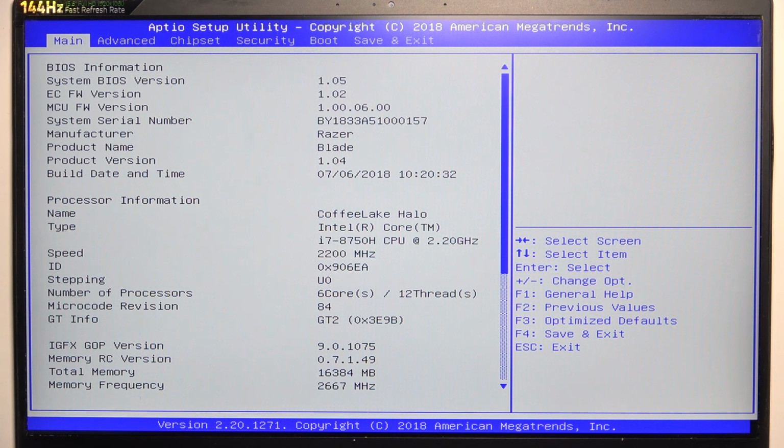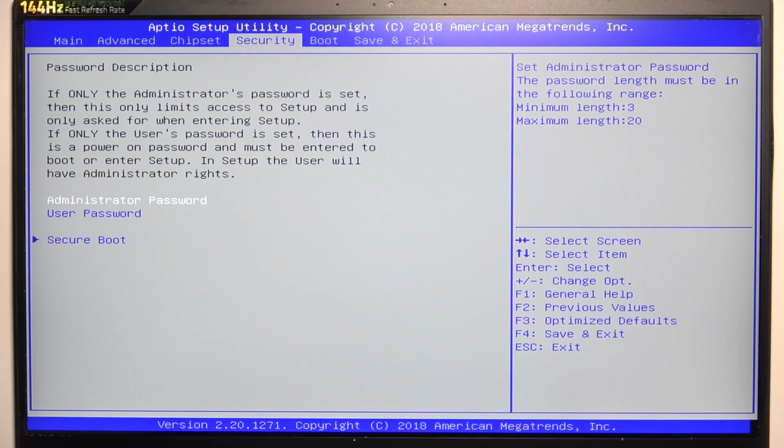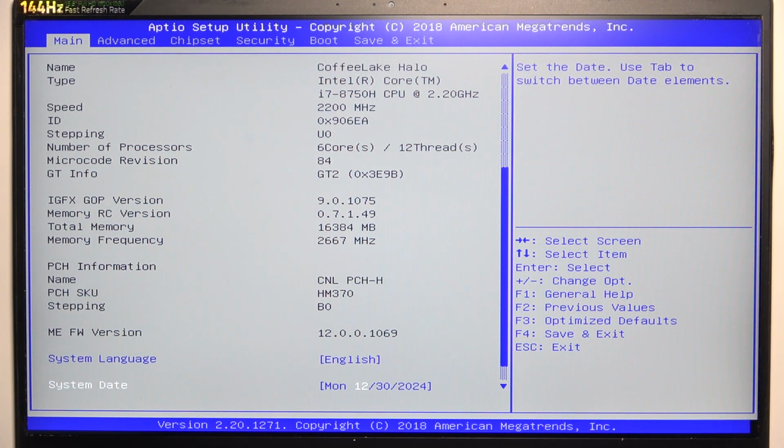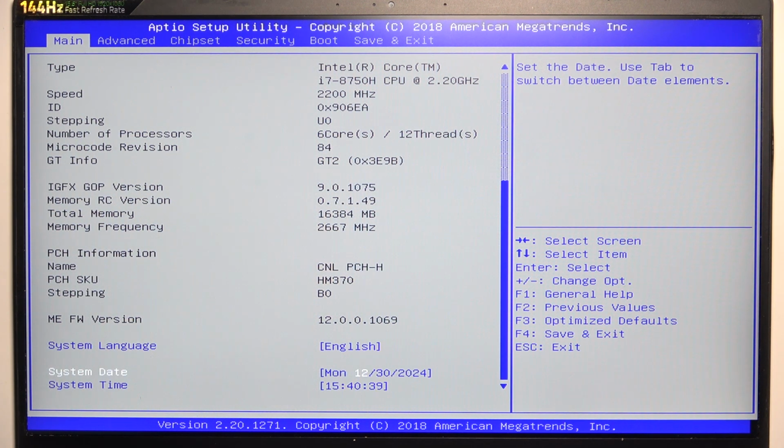Once that's done, use the arrows. You can use right or left arrow to move between pages and down arrow to scroll. So scroll down until you see system date and system time. And now to change it, start pointing on